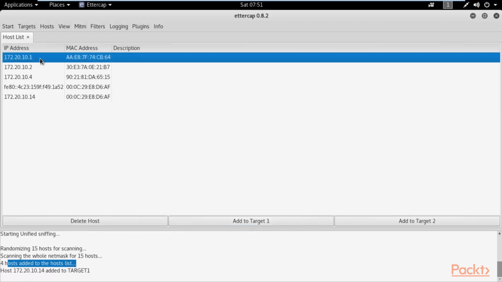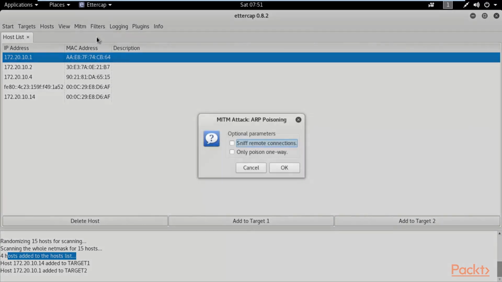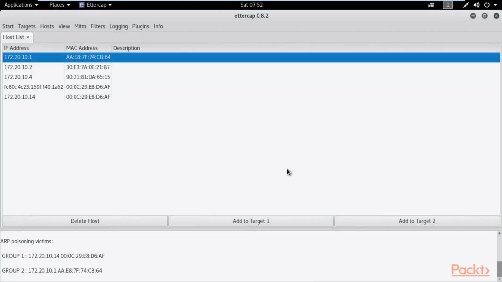Now select the gateway, which is dot 1, click add to target 2. Both have been added, right? Now you need to click on MITM and click on ARP poisoning, address resolution protocol poisoning, right? Select sniff remote connections, click OK, and this is the setup.